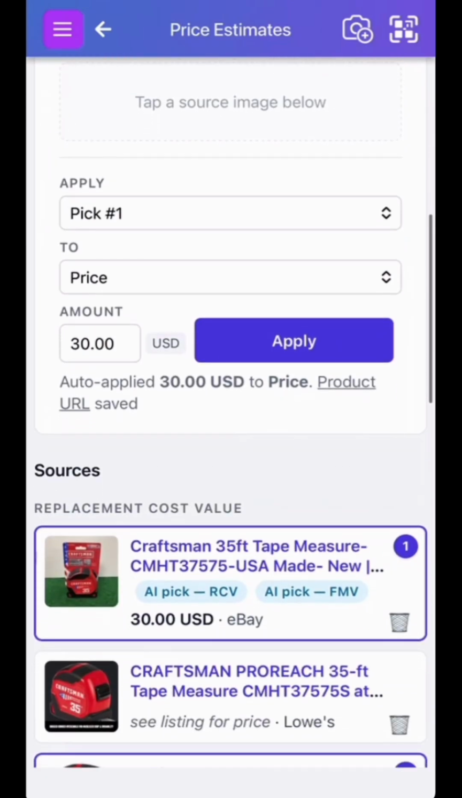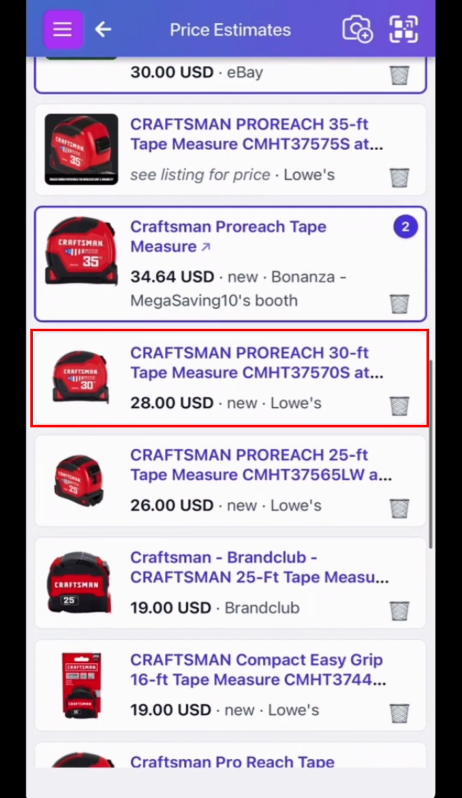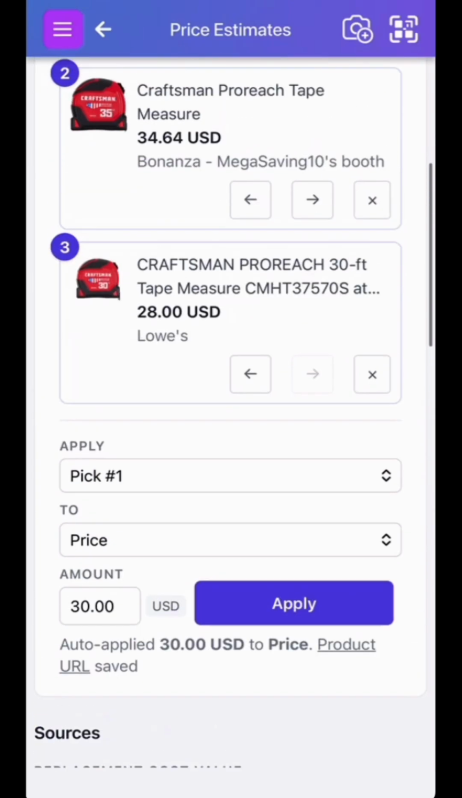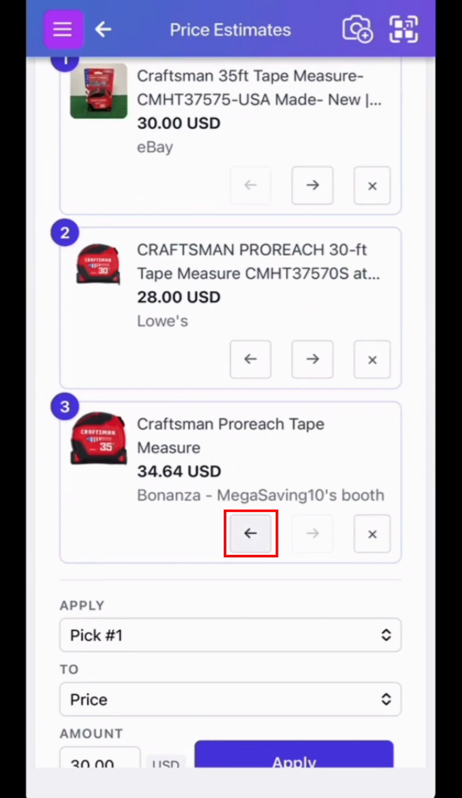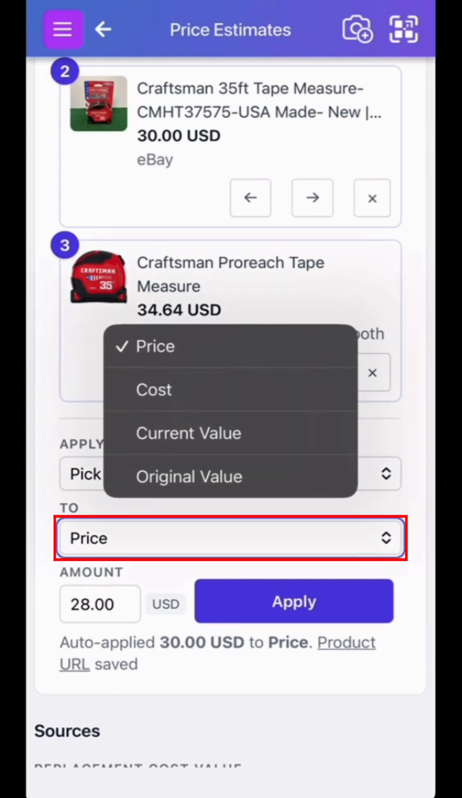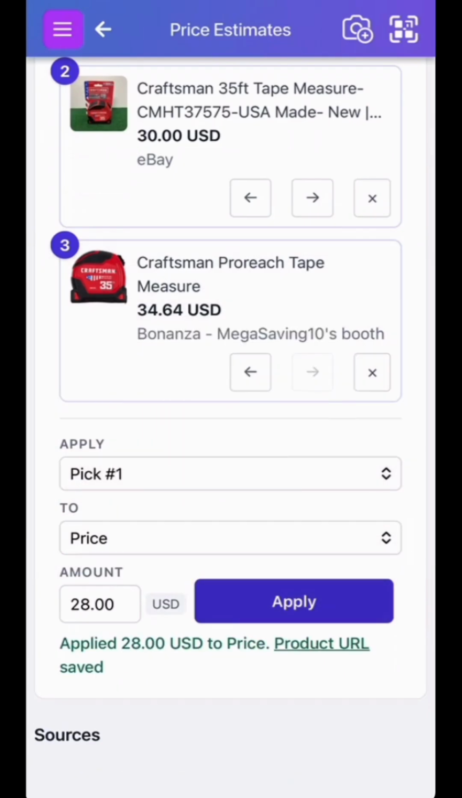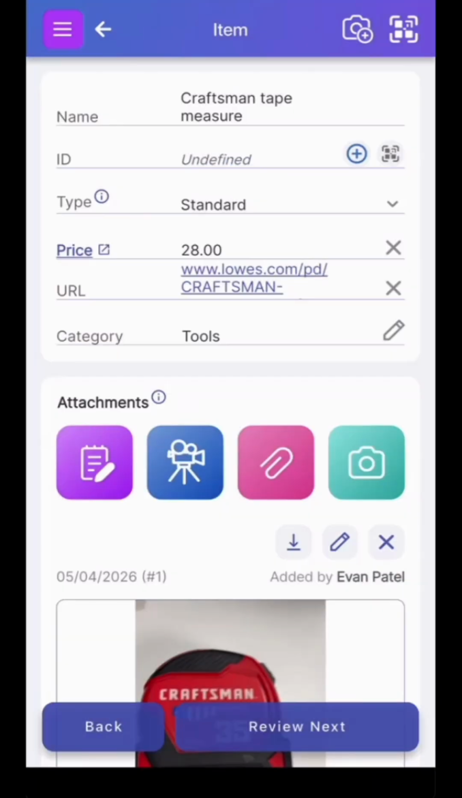It's another price, but there's many other pricing possibilities. So let's say that I like this option more for Lowe's for $28. So that's now number 3. I could click on the arrows to get that to be the first option, and then I could click on that to apply it. And I can click on applying it to the cost, the current value, the original value, whichever I so choose. I'm going to click on Apply,